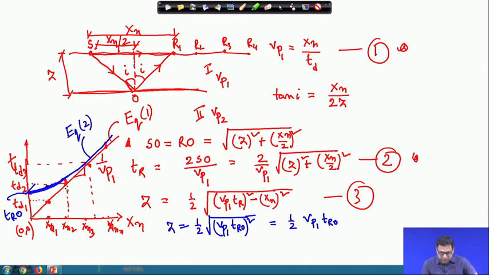Now, the problem of this test is that we have to measure two different rays' travel times. One is the direct ray, another is the reflected ray. So, this is the problem, because this is a difficult task. No? Which one is the direct ray, which one is the reflected ray, it is very difficult to judge. So, to remove these limitations, we will go for the seismic refraction test.